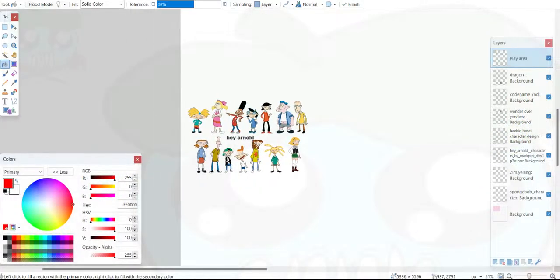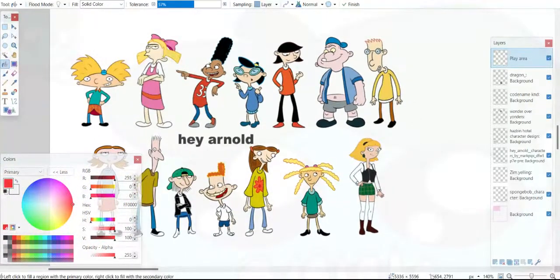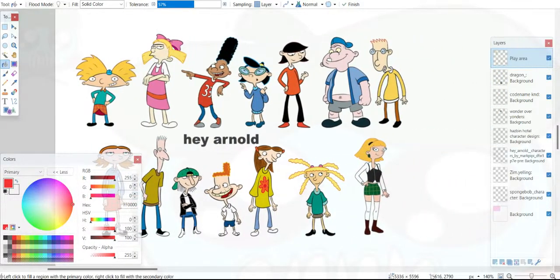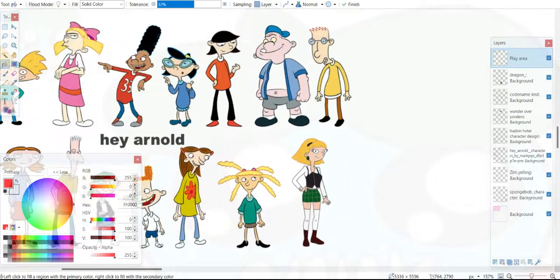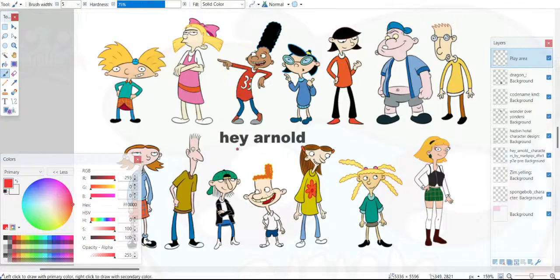Alright, so those of you that don't know, Hey Arnold was a show that came out like in the 80s, actually 90s, and it stars these kids in the city just living life and doing their own thing. And if you ever seen the show, you will grow to hate this character,